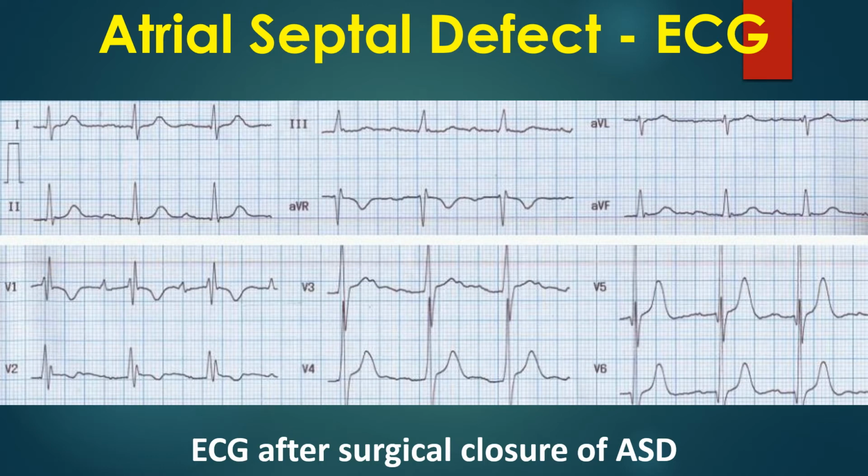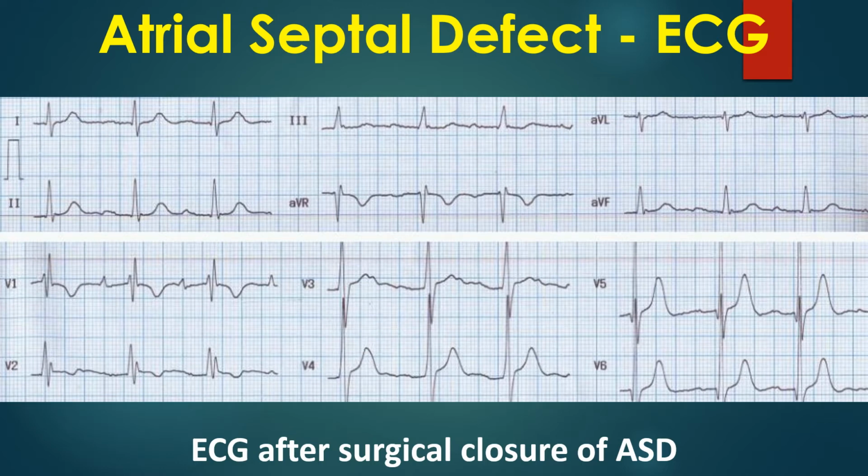This combination of first degree AV block with incomplete RBBB is seen in familial ASD which is transmitted in an autosomal dominant pattern. This means that 50% of first degree relatives have a chance to have ASD. In this individual, there is no family history of ASD, though a formal family study has not been done. Though this person had undergone surgical closure of ASD 3 decades back, the abnormal ECG pattern is persisting.